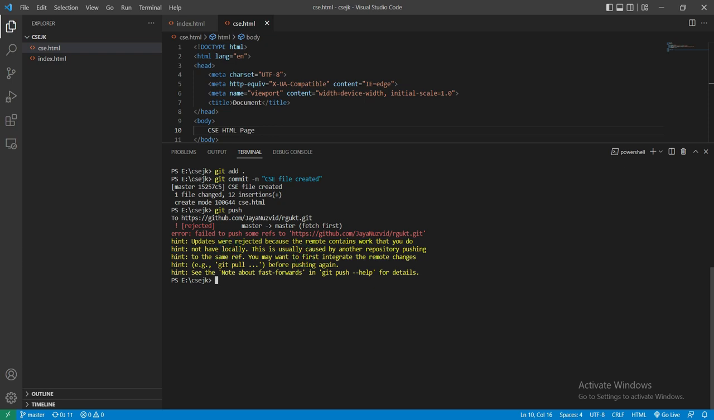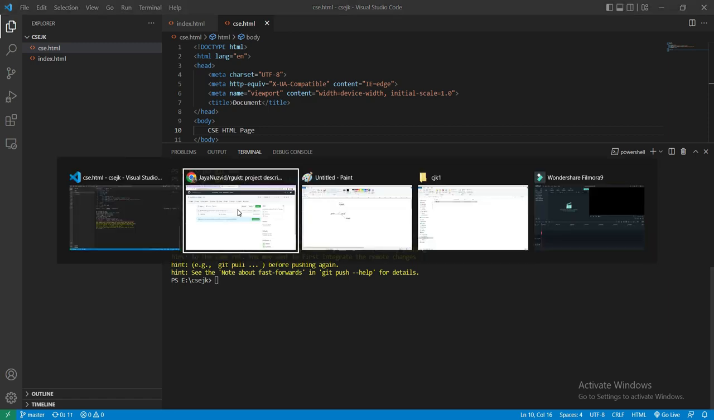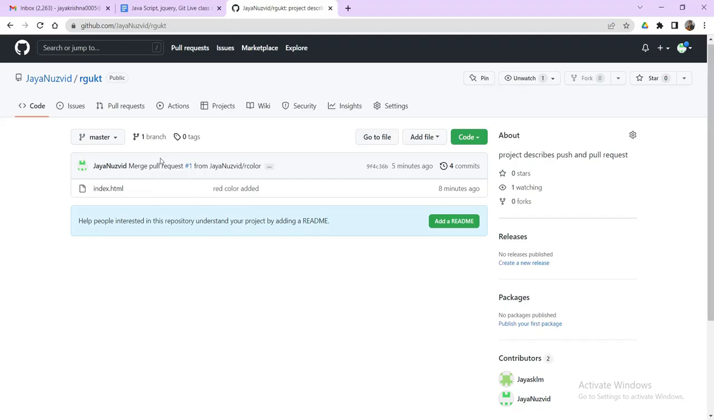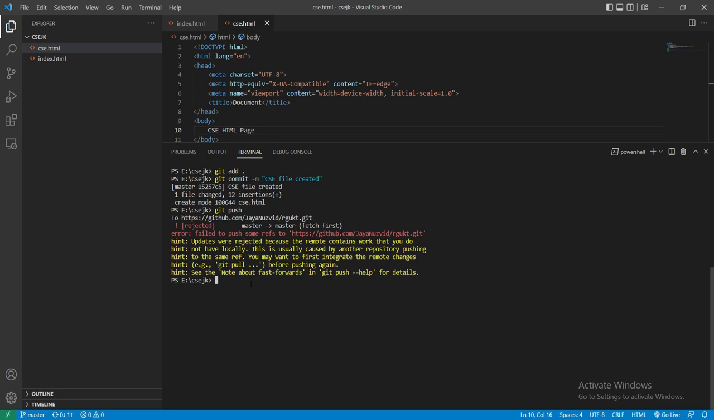So for this, the simple solution is this. What is happening here is you are trying to push some data to the remote repository, but it is rejecting because you are trying to modify the data which is directly available in the master directory. So it is rejecting. The simple solution is you can create a branch. For example,